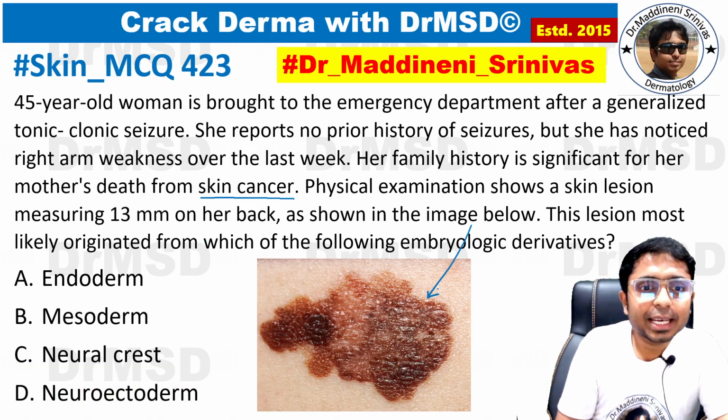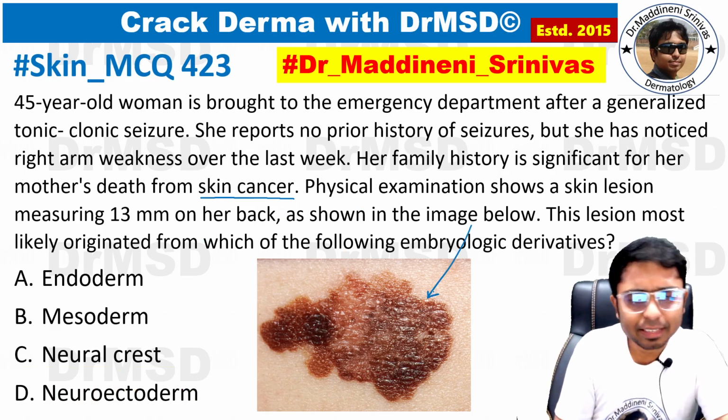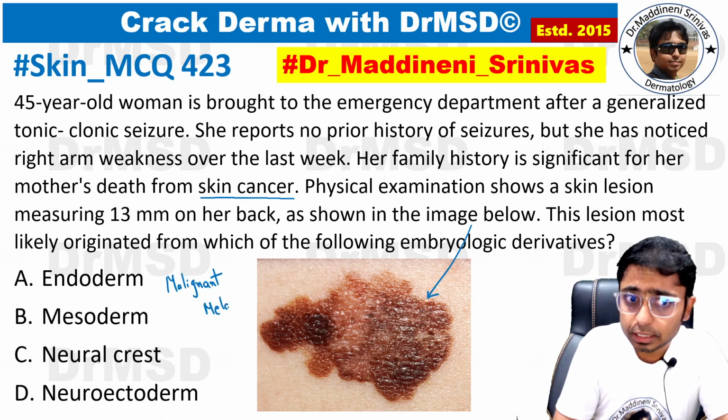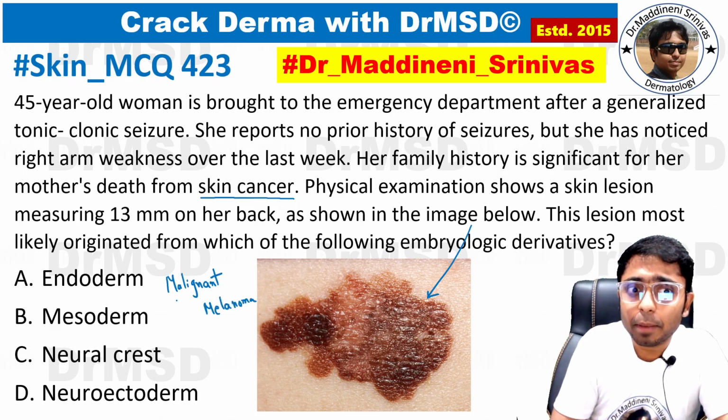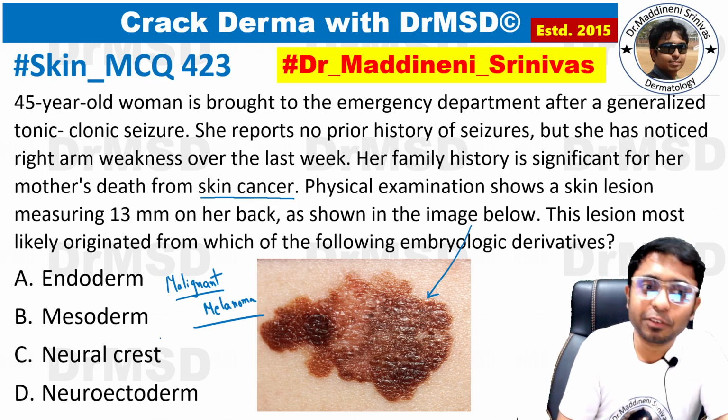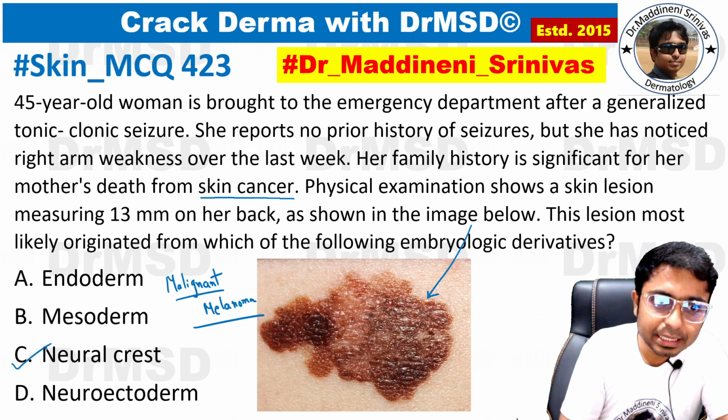This lesion most likely originated from which of the following embryological derivatives? This is a question, and if you have diagnosed this as malignant melanoma with metastasis to the central nervous system, then your diagnosis is right. And malignant melanoma arises from melanocytes, and melanocytes are derived from, yes, if you have marked neural crest, then you